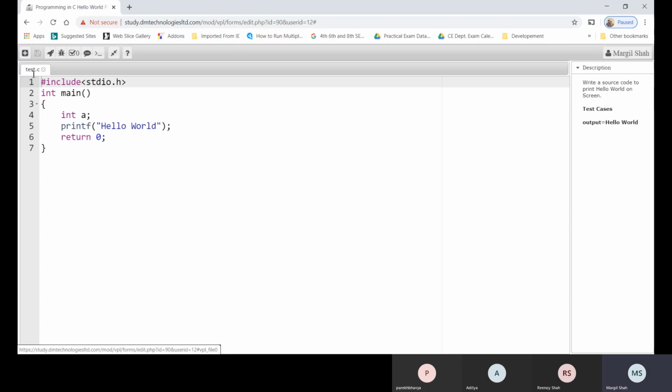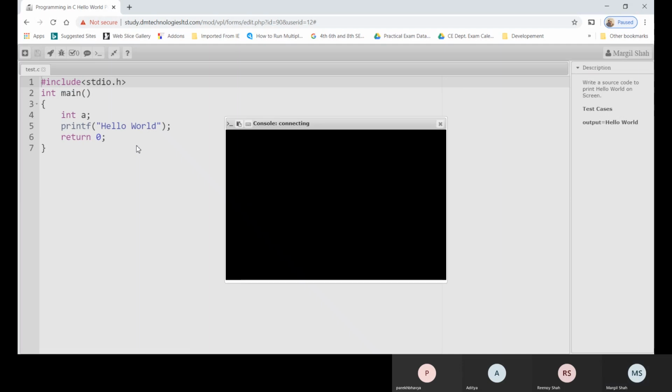So here I have taken test.c. This is the file name, and we try to run this code. As I already wrote this code, you may also write the code at your end, and you are able to understand this icon. So this is the icon. For running purposes, you can also press Ctrl F11 to run the code. It will display the output hello world, so it's fine.